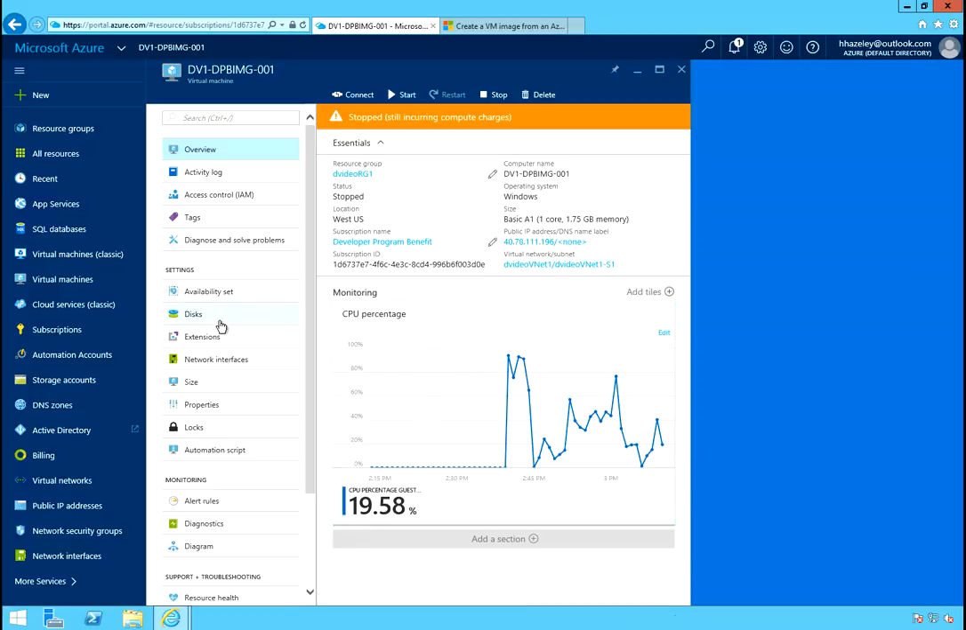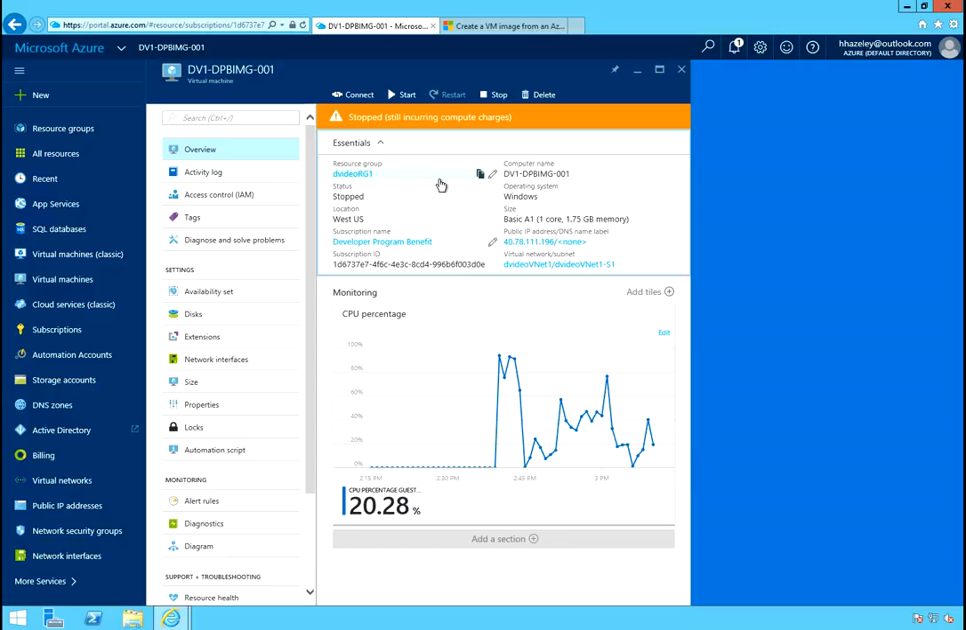Okay, so this is what we wanted to see. It says stopped, still incurring compute charges, which means that the machine has been shut down from within the VM, but the VM itself is still running, if you can understand that. So next step is